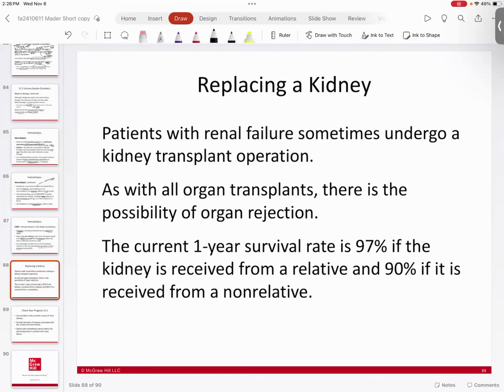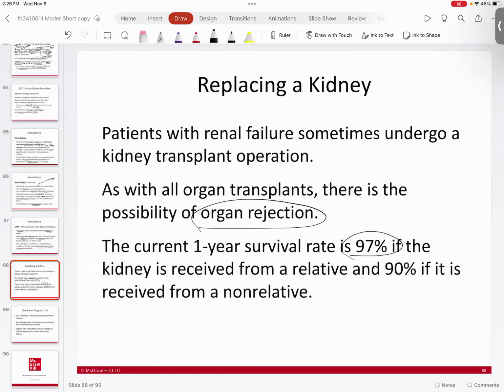Ultimately, then, worst comes to worst, you can always replace the kidney. And so you can do a kidney transplant. But however, with all transplants, you always have to make sure that you're aware of organ rejection. And so generally speaking, when you take a look at an organ transplant, especially for the kidneys, oftentimes your 1-year survival rate is pretty good, 97%,